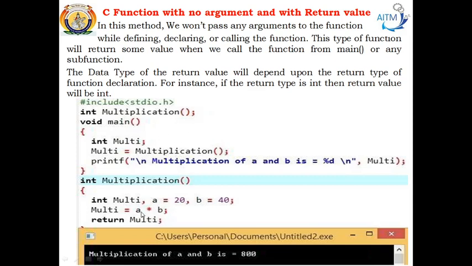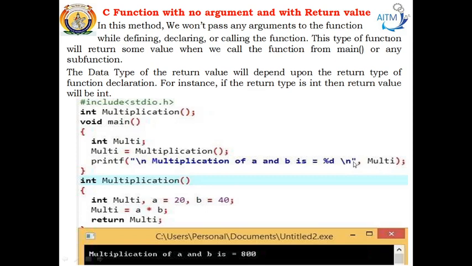So here 20 into 40, so the answer is 800. 800 is stored in the variable multi, and this variable which is holding the value 800 is passed to the calling function, and this function call gets replaced with the value 800, and that 800 is assigned to the variable multi, which is a local variable to this function main, and then we are printing the result, that is the multiplication of 20 and 40 is 800.